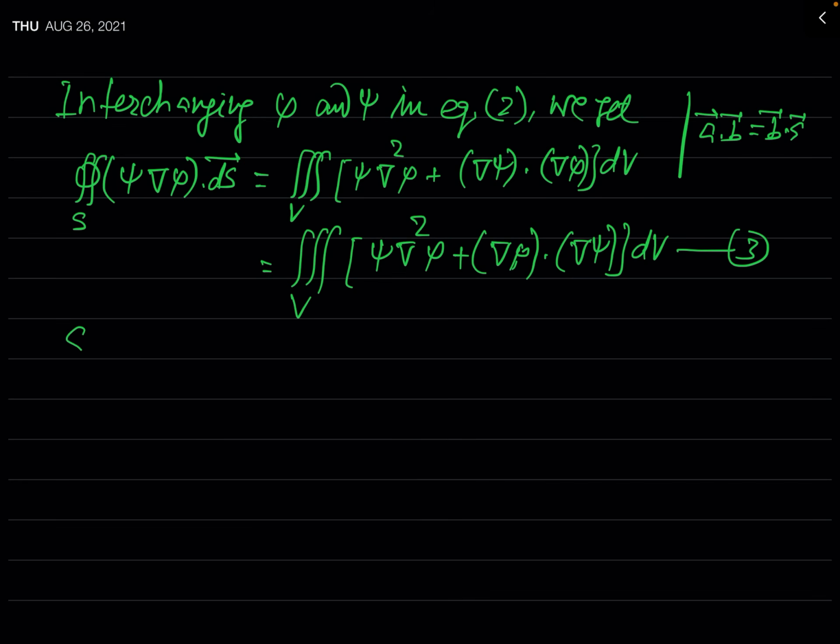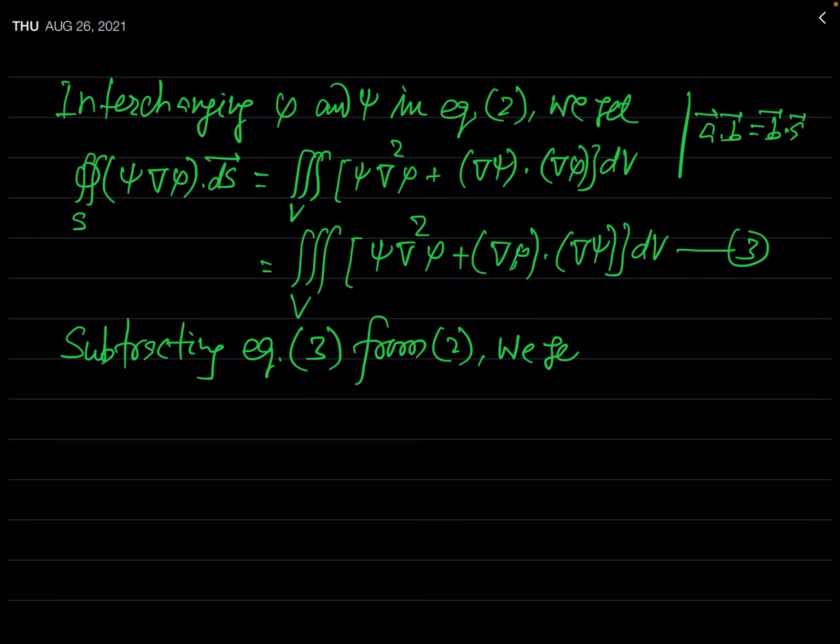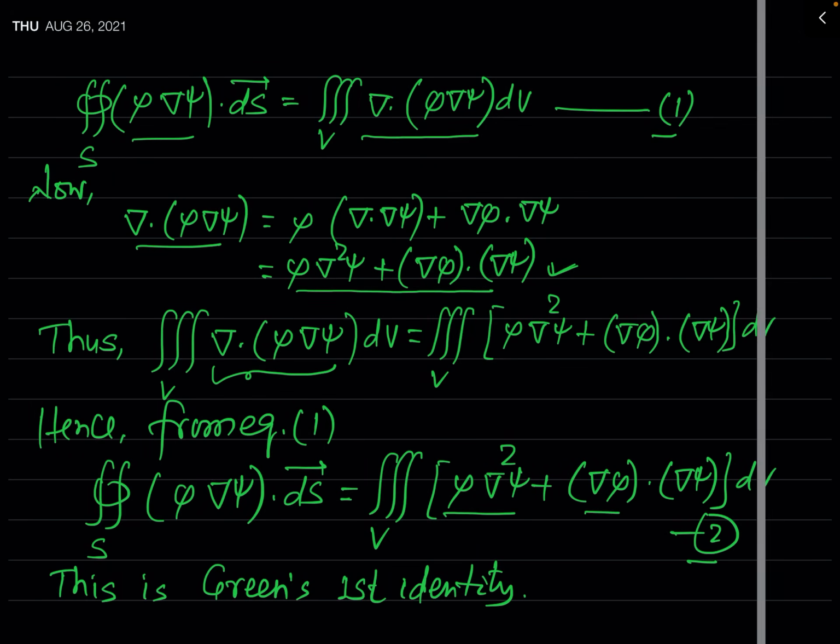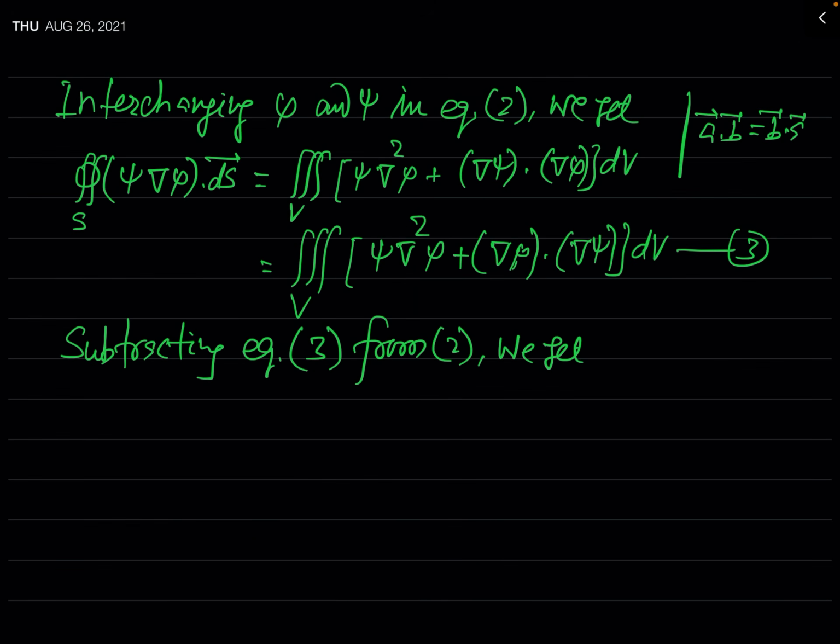So subtracting equation 3 from 2, we get, see the equation 2. In LHS there is this much, and in LHS of equation 3 is this much. So when you subtract equation 3 from 2, you will get